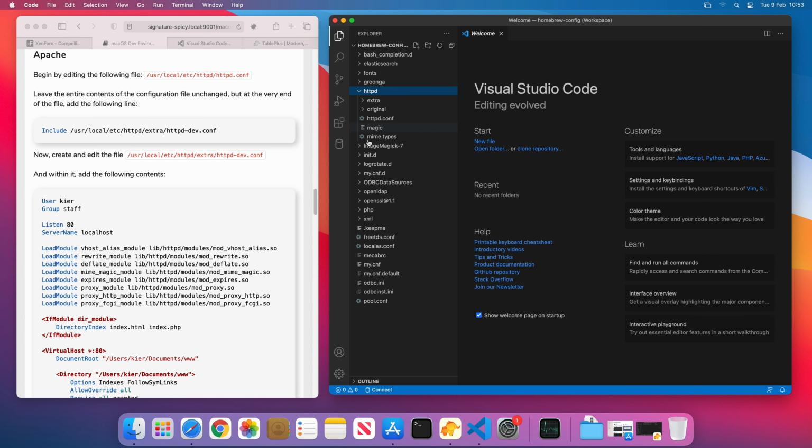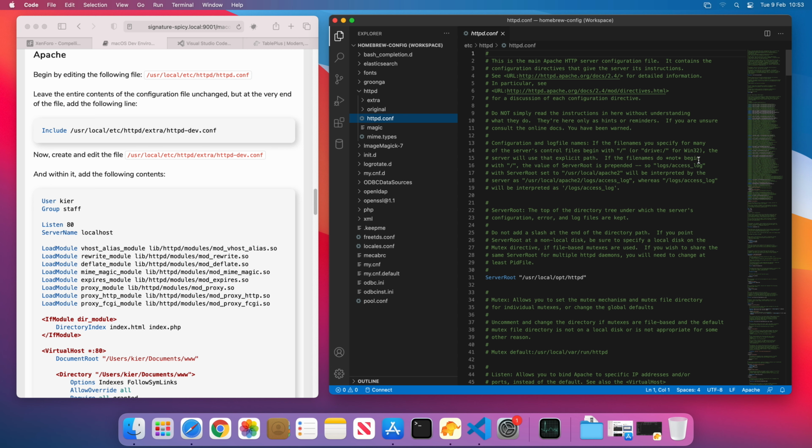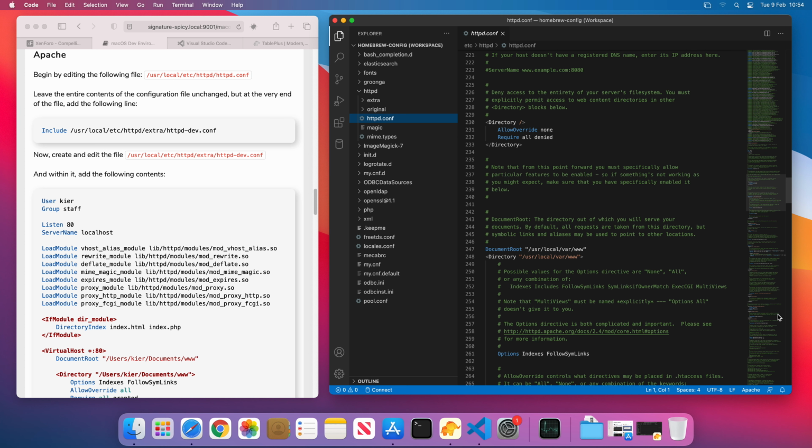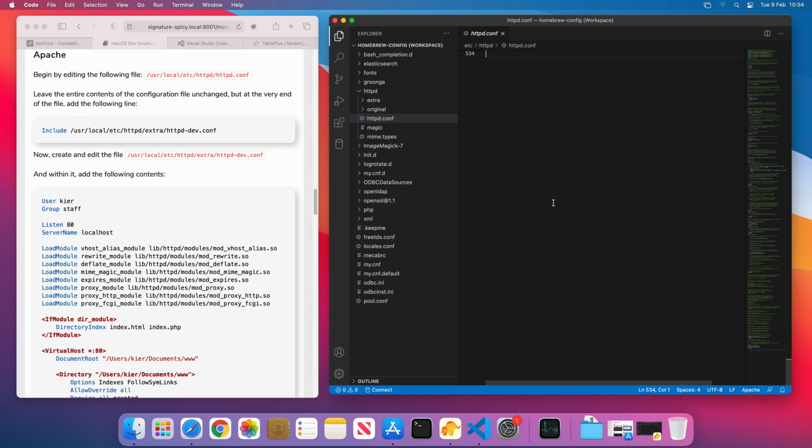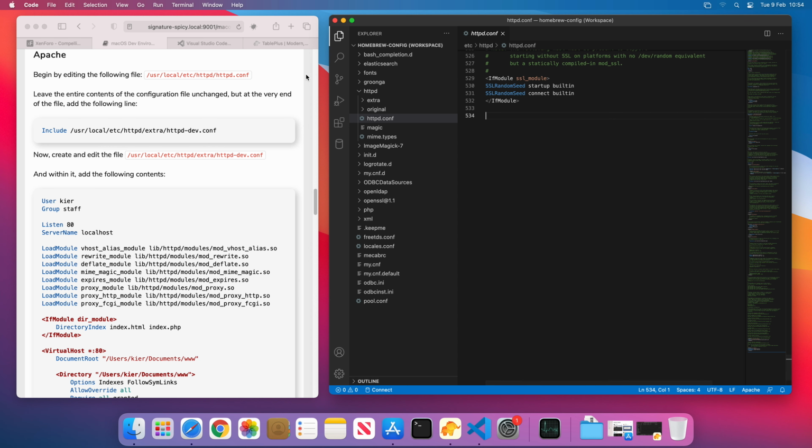httpd. First of all, we'll edit the httpd.conf. Now, for the most part, I want to avoid editing much of the default config because I want to know exactly where my custom stuff is. So all I'm going to do here is come to the bottom of the file there and add this line here,